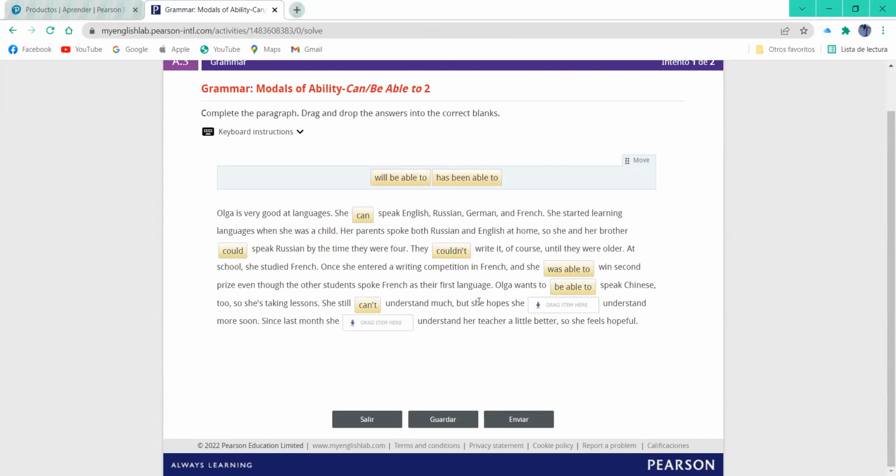Olga wants to be able to speak Chinese, because it's in present, too. So she's taking lessons. She still can't understand much, but she hopes. So we're talking about something in future. She hopes she